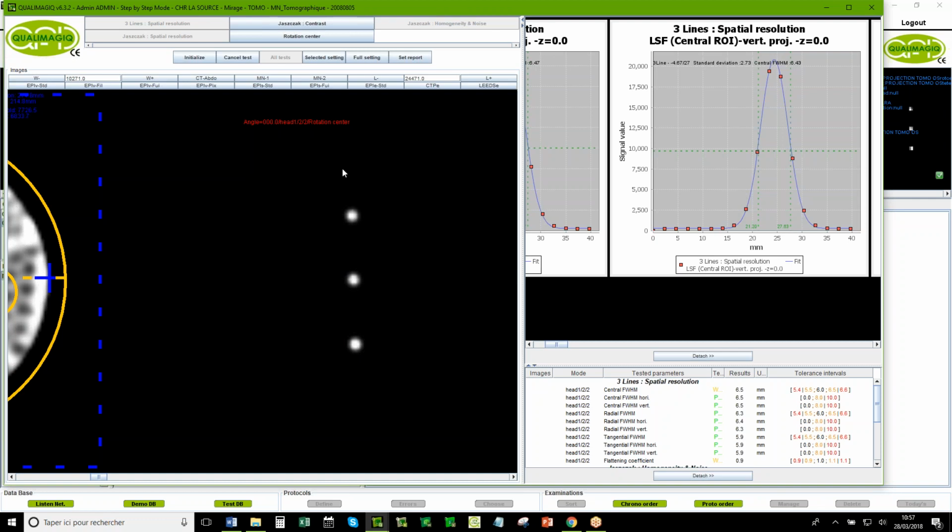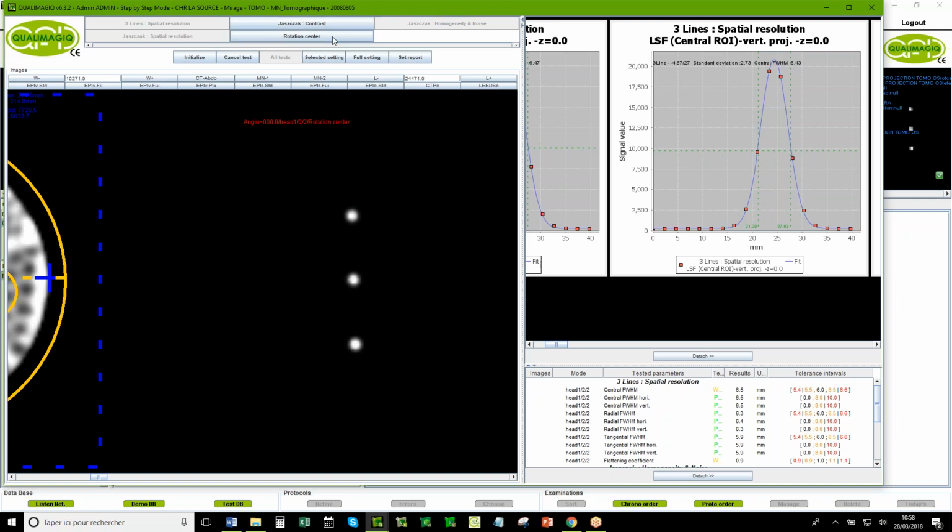Here it's 3 points. You can use only 1, you can use 5. Here they decide to have 3, and you align these sources. And voluntarily you shift this source 10 centimeters from the isocenter of your camera, from the rotation axis.